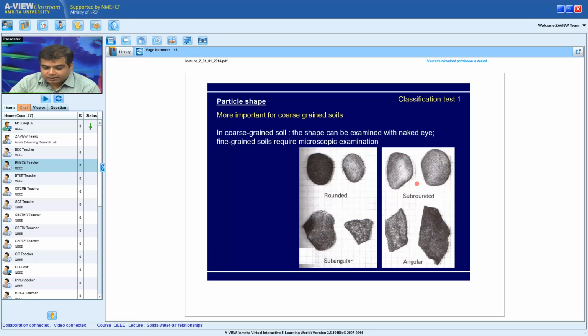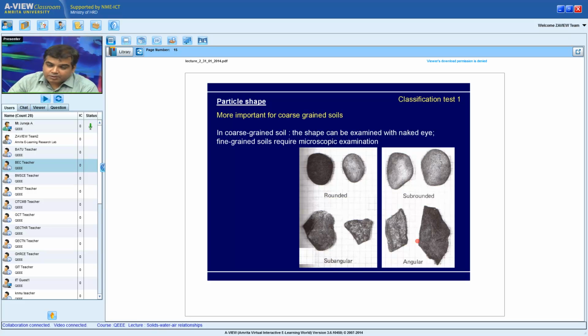You go down, the sub-angular is where you can feel the edges. And the last one is angular, where the edges are quite pointed. Now these are pretty important in order to understand some of the engineering properties. So let's take for example the shear strength, and if I'm looking at the last one, the angular